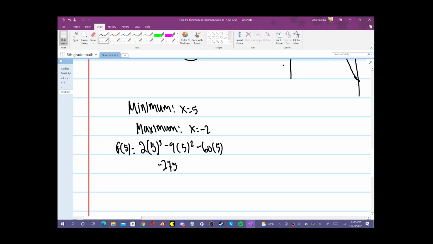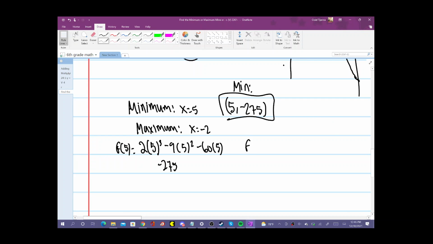So the minimum occurs at 5, comma, -275. This is the minimum. And then it occurs at 5, -275, and the maximum,